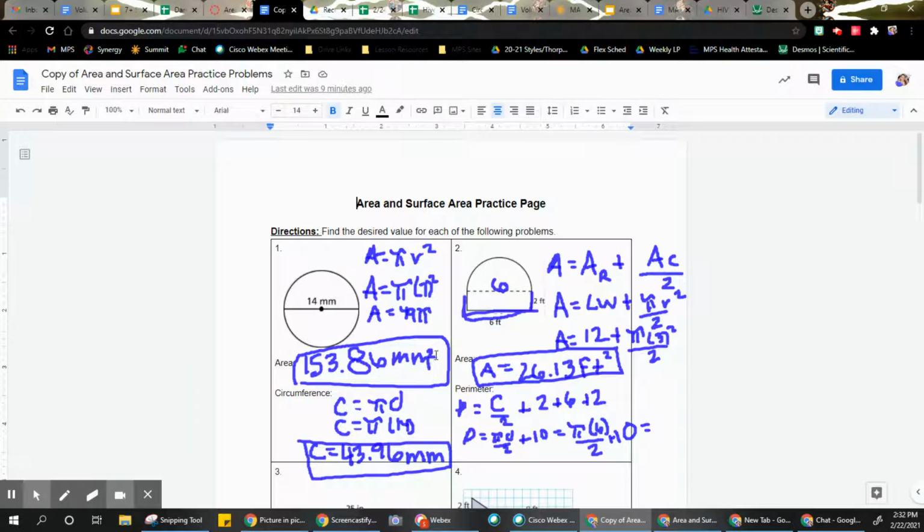So now I'm going to come back over here, and I'm going to write that answer in. It's 19.42, and my units are just plain feet. All right, so I'm done with problems 1 and 2, and I can move on now to problems 3 and